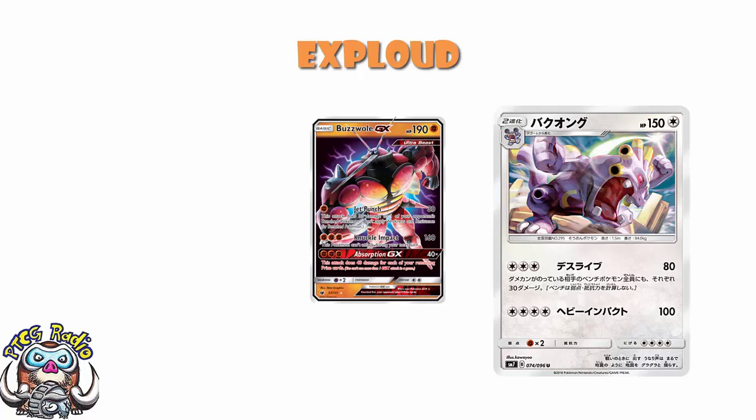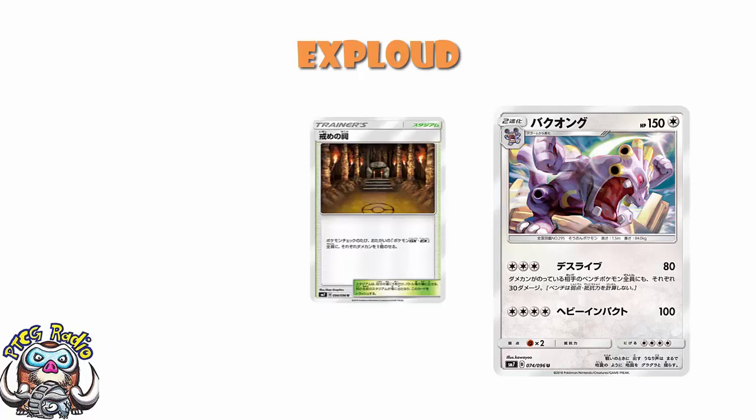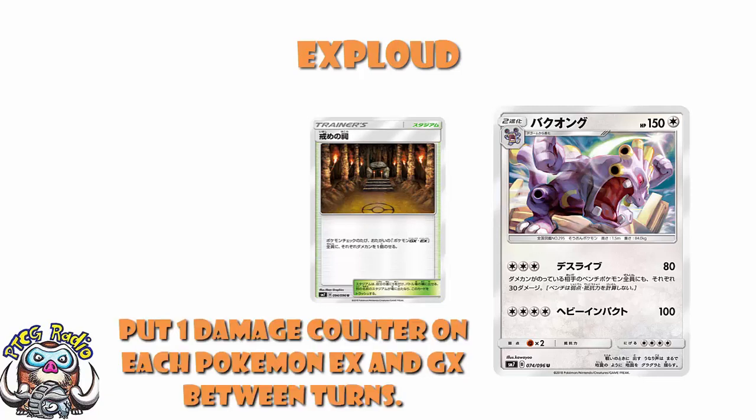So we've talked a little bit about Forbidden Shrine in the past couple of videos, and I have done a video on Forbidden Shrine itself. I'll try and remember to pop a link in the description. And Forbidden Shrine puts one damage counter on each Pokemon EX and GX between turns. One after your turn, one after their turn, etc. So that means that when you put this down,